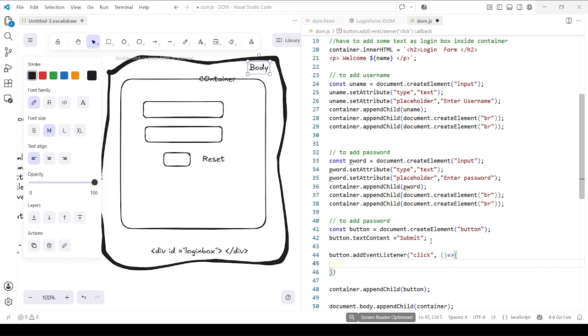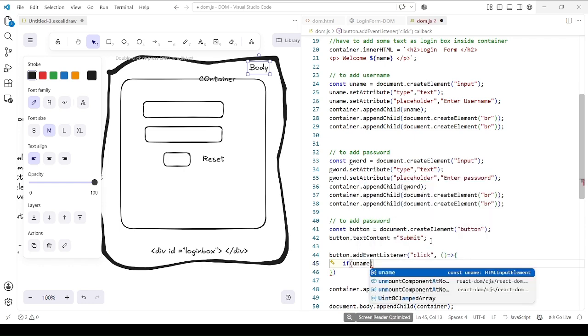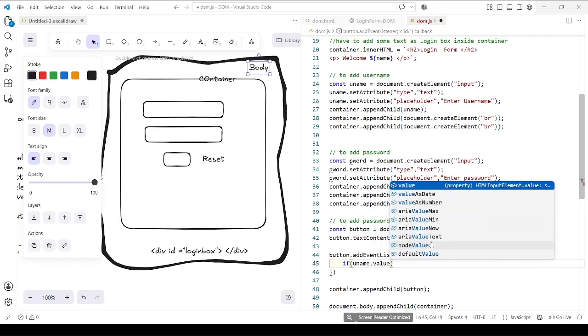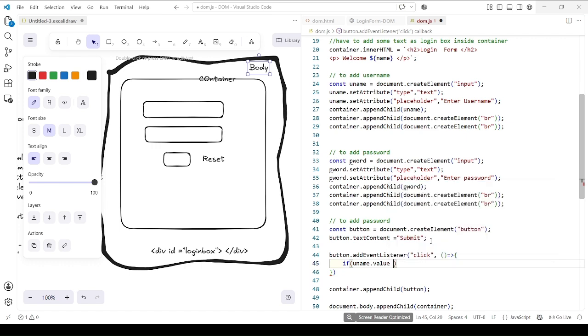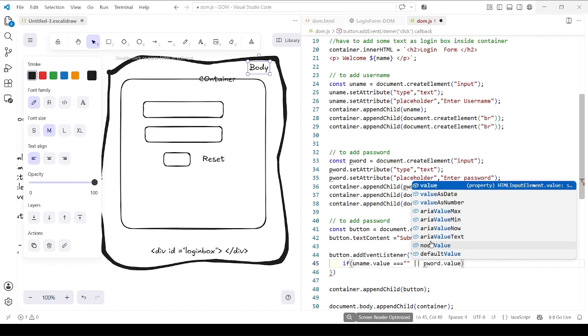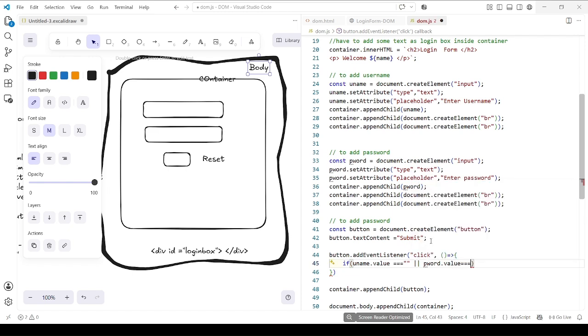What I'm going to do is: if uname dot value strict equal to triple equal to null, or the password field's dot value strict equal to triple equal to null,